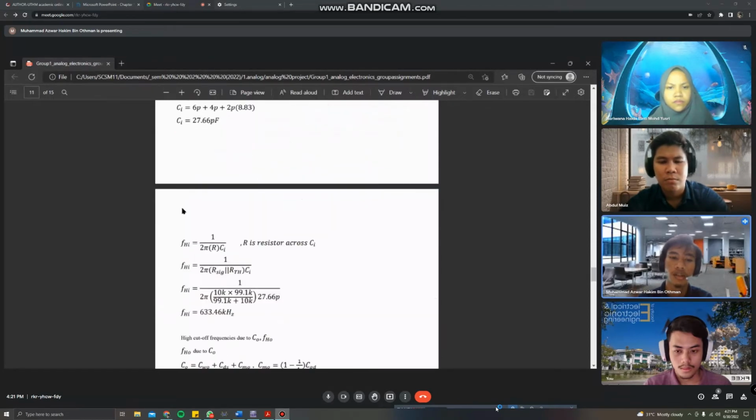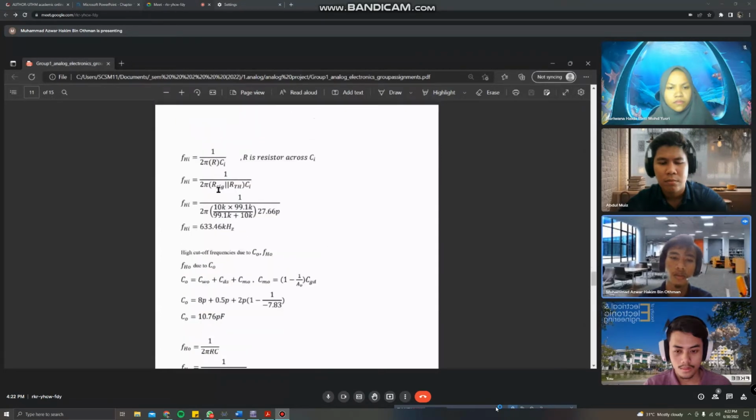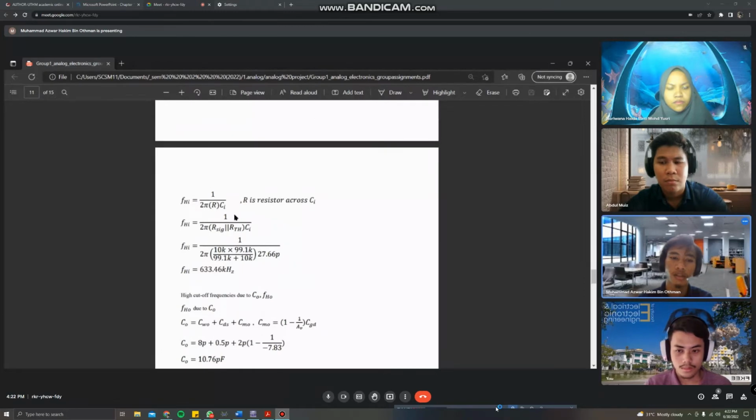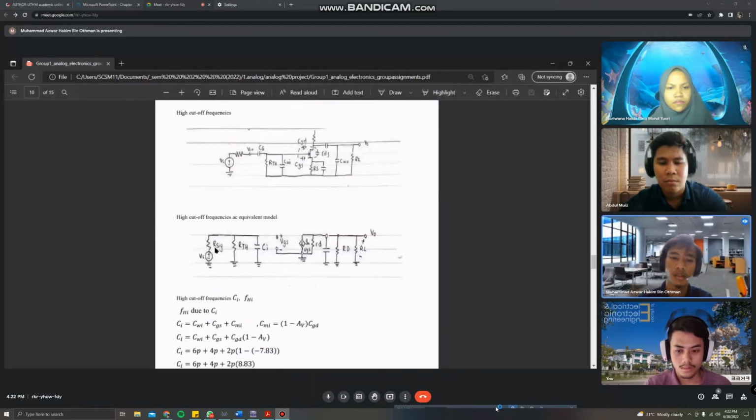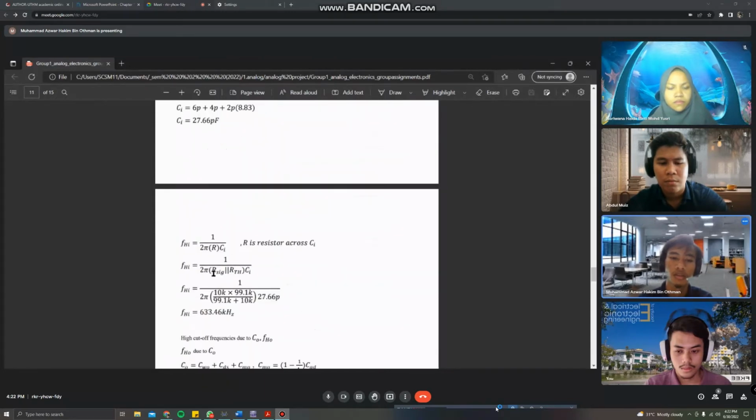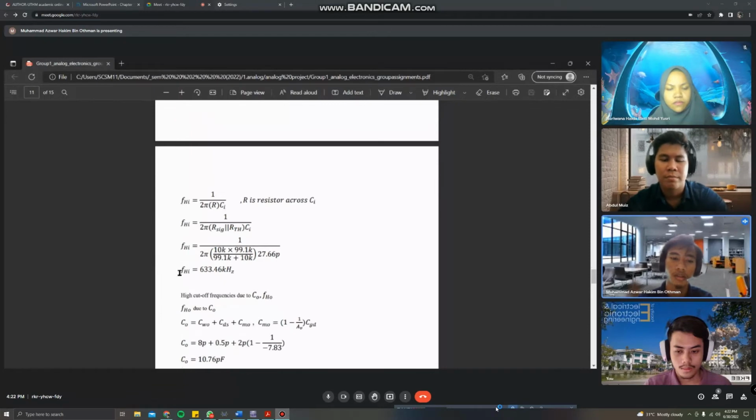So after we get CI, we substitute into the frequency equation, which is 1 over 2 pi RC, where R is the resistor across the capacitor. The R is actually RTH in parallel with RSIG. So we need to calculate RSIG parallel with RTH, and it becomes like this. And we substitute the CI value and we get the frequency FHI equals to